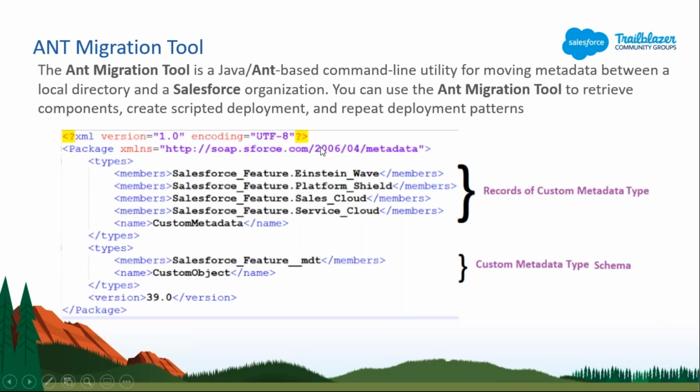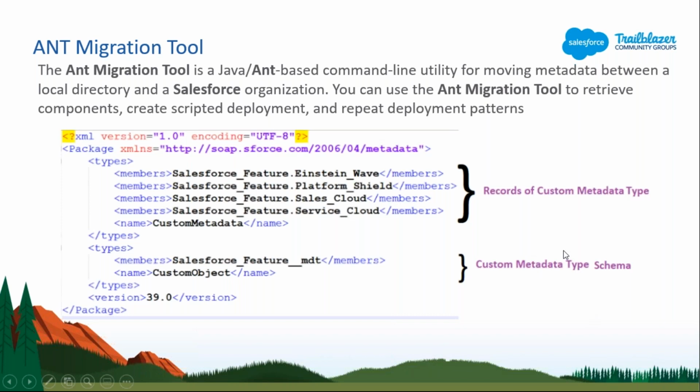If the orgs are connected to each other, no issue. If they are not connected to each other, no issue. You can deploy any changes, any object, any metadata type from one org to another, whether connected or not. That limitation is not there. So you can deploy any changes to any org by using this Ant Migration Tool.